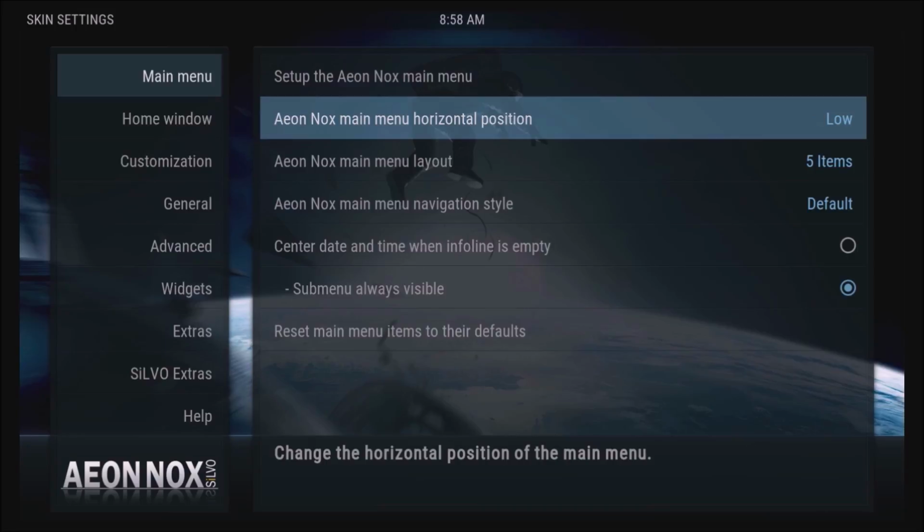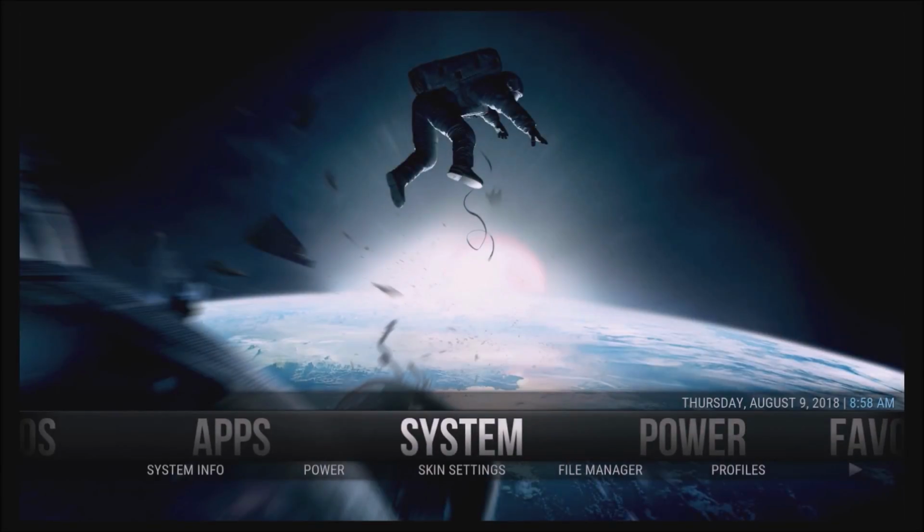Okay. Now the next thing is the position of the menu bar. This is in the center. If you click on it, it will go low. So if we go back out, as you can see now everything moved down. One of the good parts of this is you get more of your backgrounds. So when you put a background image of your own and you have a nice picture, you get to see most of it compared to having it right in the middle. Now of course if you add widgets to it, it is going to take away some of the picture, but at least there's more room in there. And again, this is a preference. So if we go back to skin settings,